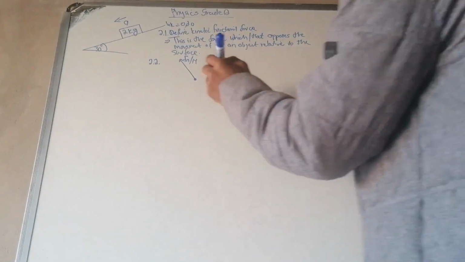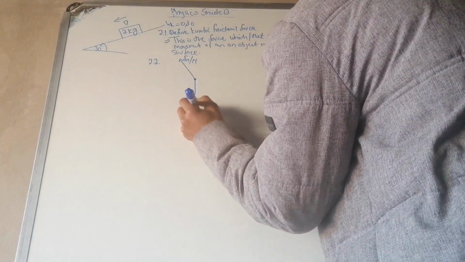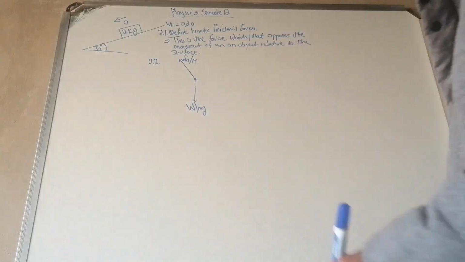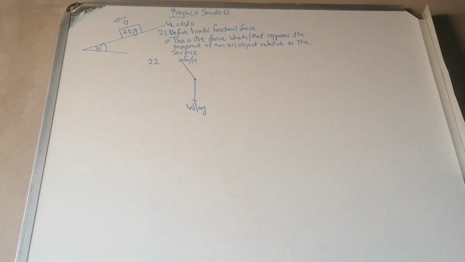So I will have my weight, and you need to be careful. We can say weight, or we can say mg there. The length of the normal force has to be equal to the length of the weight. Why? Because the object is not going up or down, so the normal force and the weight have to balance